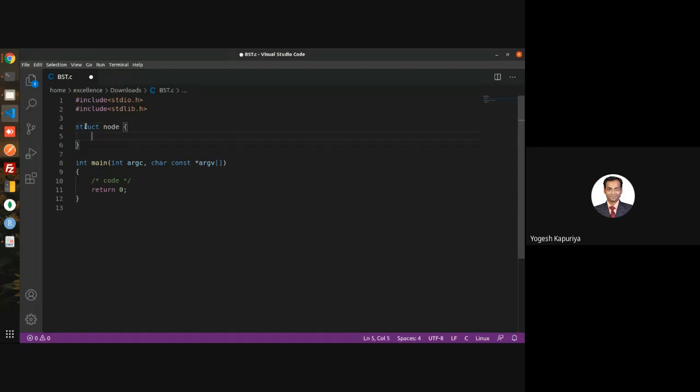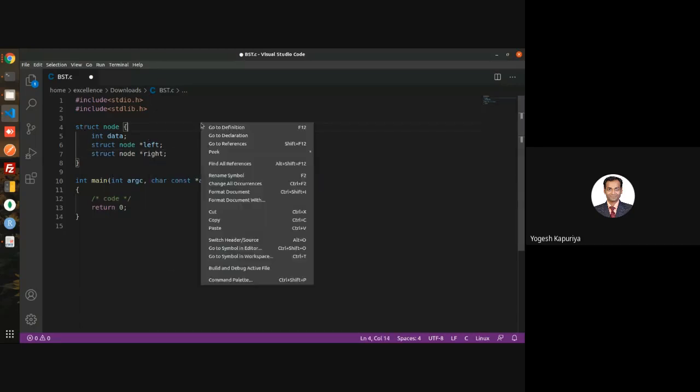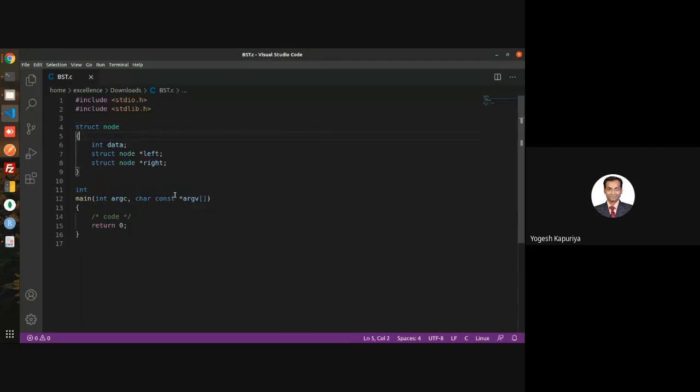As we know, it has three parts, and this is a binary search tree, so we will be taking numbers. So you have one data component and then two nodes. One is the left node, so left, and second is the right node, so right. Okay, so this will be my structure of a node.